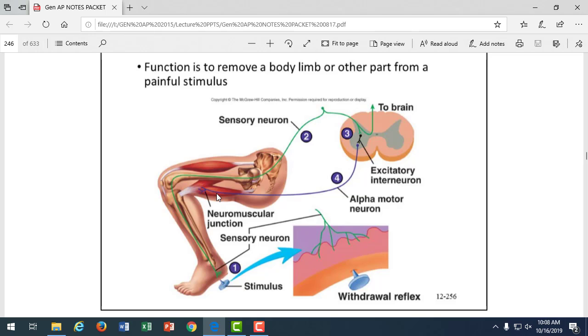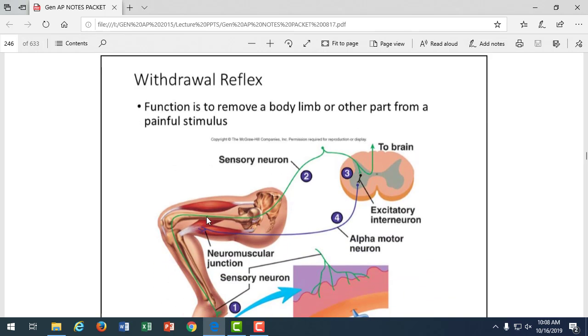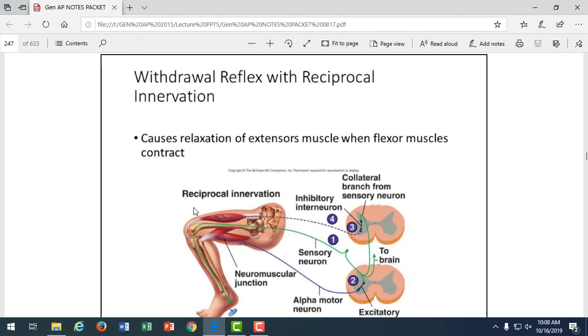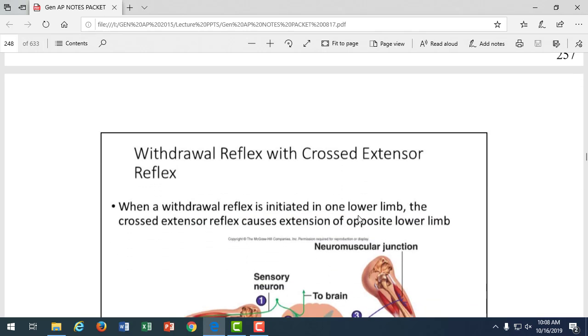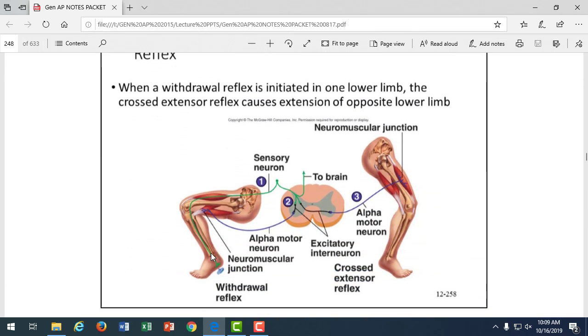But if we're going to lift up a foot, what about the other leg? That other leg better be stimulated to catch you or you're going to fall, right? So the withdrawal reflex only describes half of the reflex. It's just talking about the muscle that's being contracted to pull the limb away. And if it's your arm, no big deal. But if you're walking, you better have some stimulus to that other leg to catch you. And this one, well, this just describes it more. Reciprocal innervation means we need to inhibit the other muscle, the quadriceps, to allow the hamstring to contract and bend the leg away. But this one, the crossed extensor, if we're going to lift the one leg up,